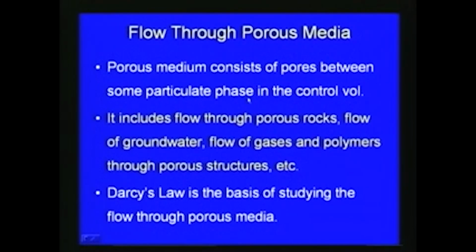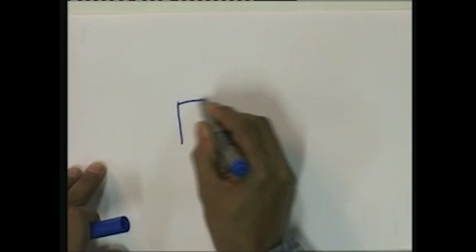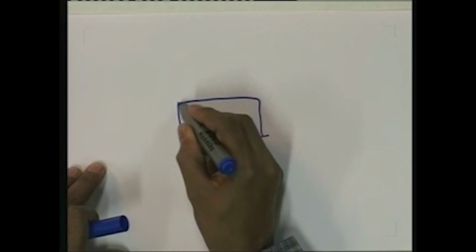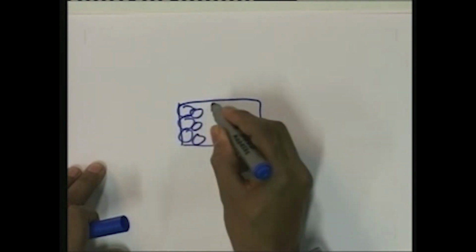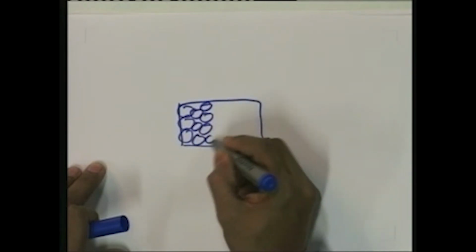The second problem we want to discuss here is flow through porous medium. The porous medium consists of pores between some particular phase in the control volume. This is another important section of fluid mechanics, called groundwater flow and contaminant transport. Here, if you consider a domain like this, and if there are a number of particles like this, then we can consider the